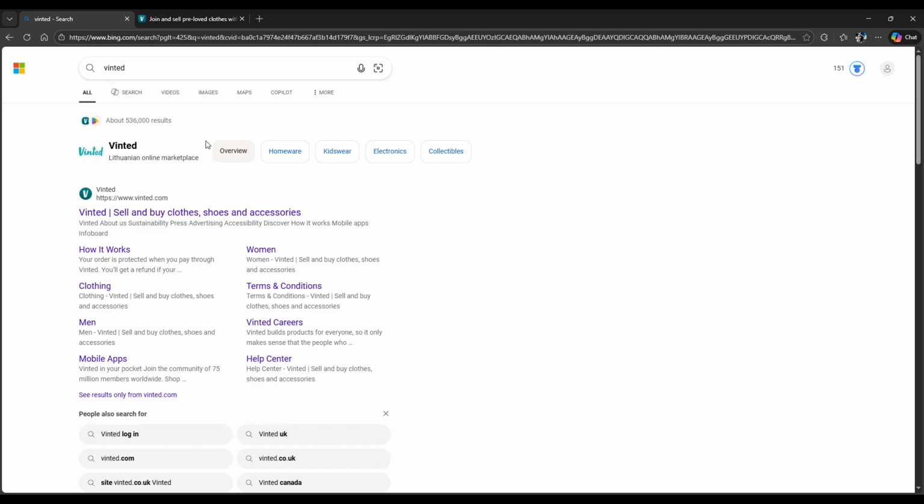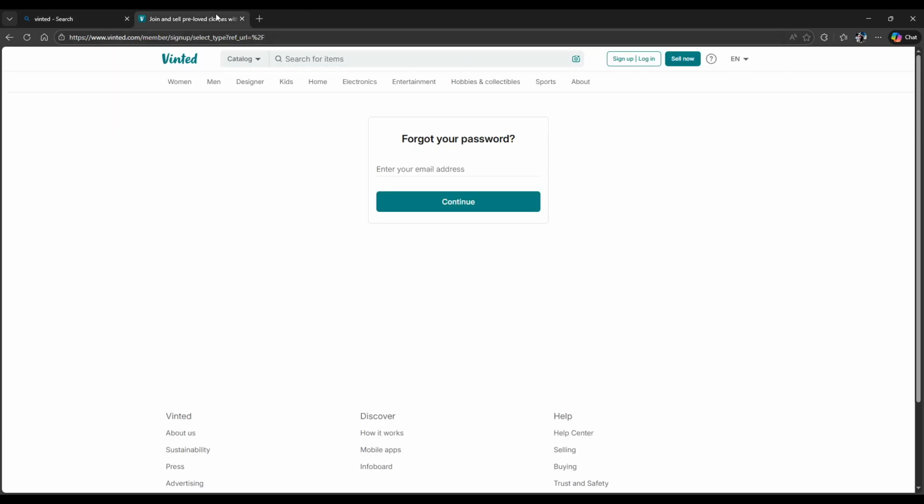First and foremost, you can use your app, you can use the website, it's totally doable, whatever you actually want. If you are on Android or iOS, it's totally fine to go to Google Play Store or App Store to download the actual app. After this, all we're going to do is tap on Vinted.com, come to this area of the main